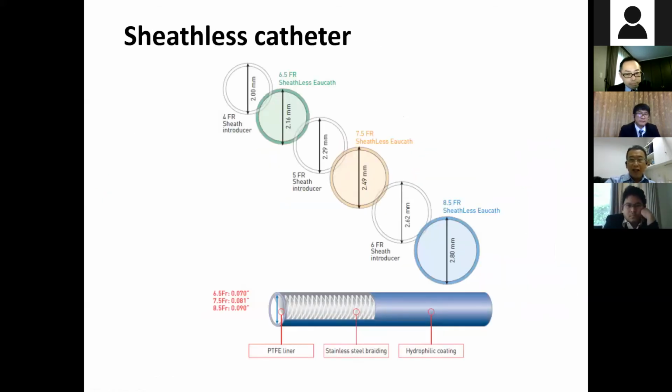For the radial artery access, you have another choice for a bigger catheter. From the RC, we have the sheathless catheter. But if you feel that the sheathless is not convenient because the